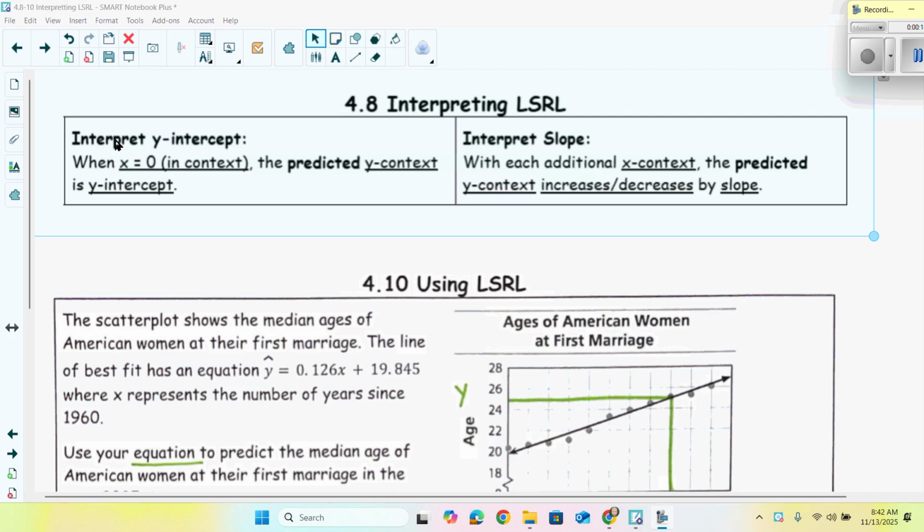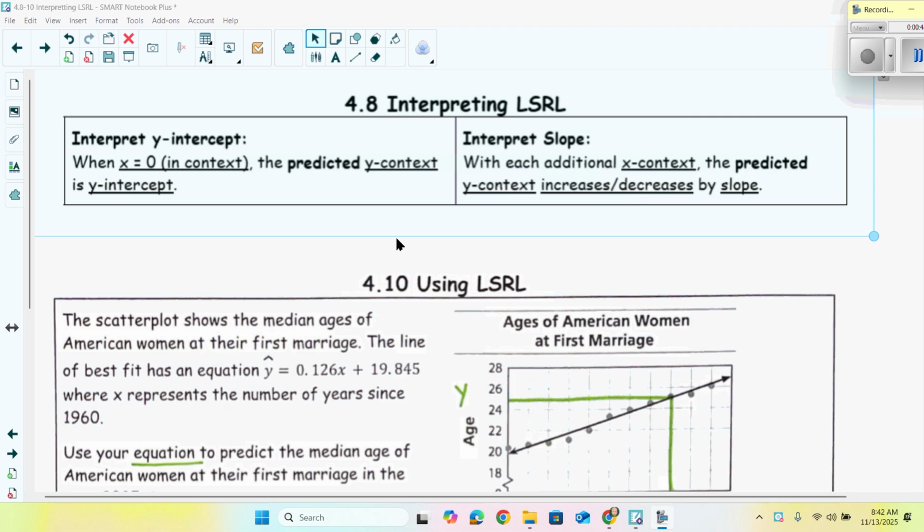The interpretation of the y-intercept, it's the value of y when x equals 0. And in context, it would be something like the starting time is 0. And then the predicted y context is the y-intercept, so that's the height or location, whatever it is, when x is 0. In interpreting the slope, with each additional x context, the predicted y context will either increase or decrease